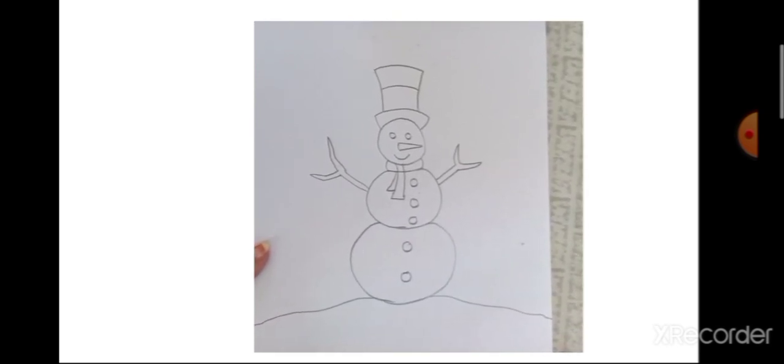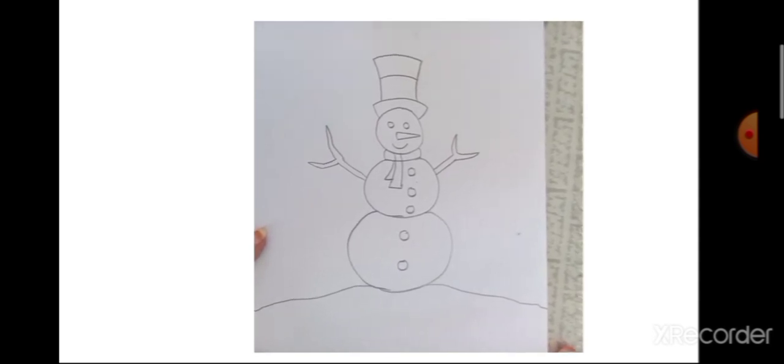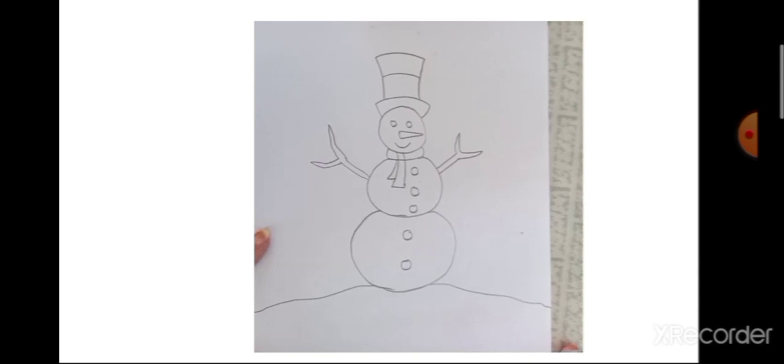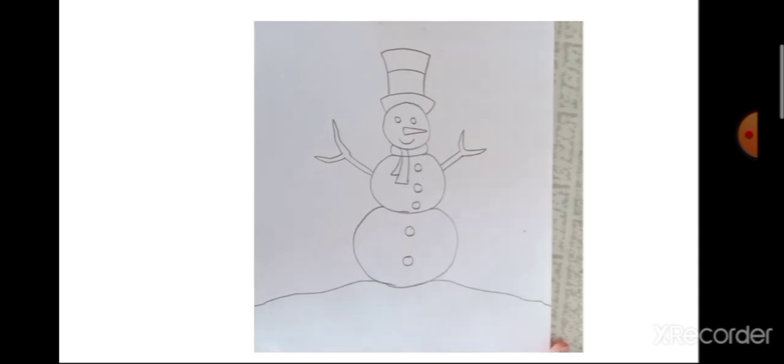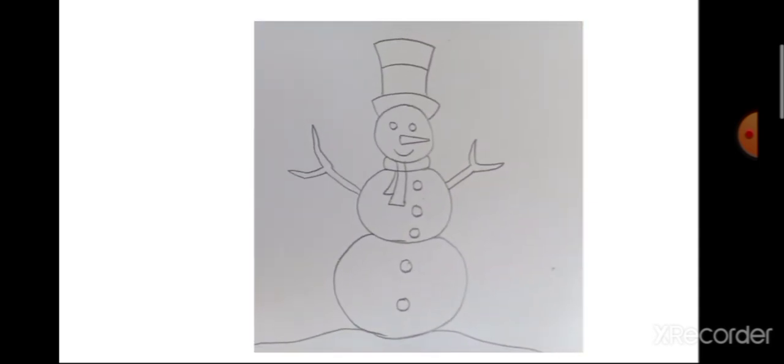Okay, children? So here our drawing of a snowman is finished. Now let me show you how to color this picture. For that, let me come to you.